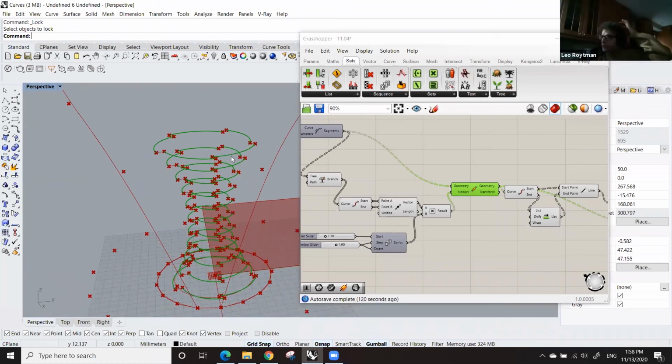So you can play with each circle. If you are thinking about making independent shifts in each circle,